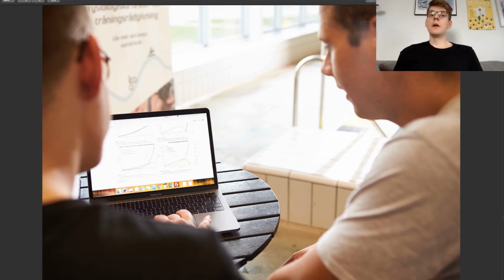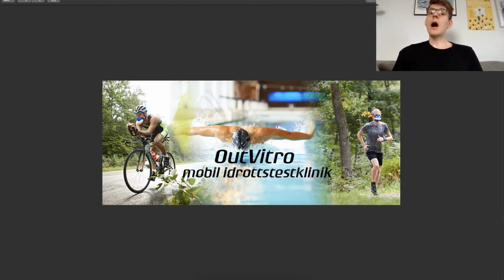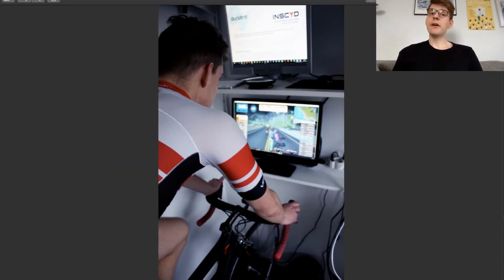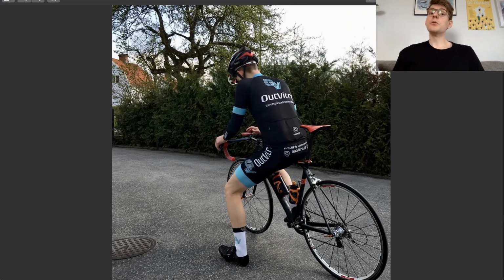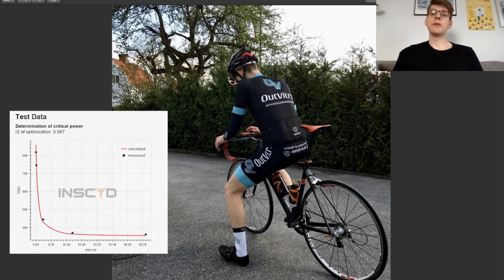Luckily, there is now, since just recent years, good science put together in software that measures all of these significant performance metrics, including the VO2 max, possible to do in a single test protocol. Our sports test clinic offers this in cycling, running and swimming, and for cycling you can even do this as a self-administered protocol without any lab lactate or VO2 equipment, using another method and model for determination.